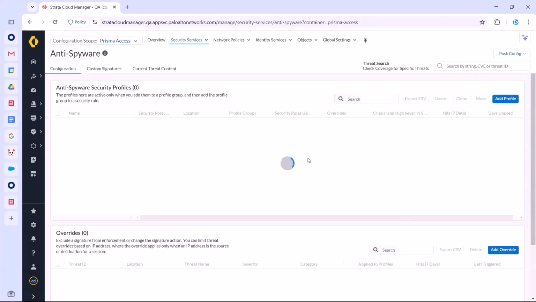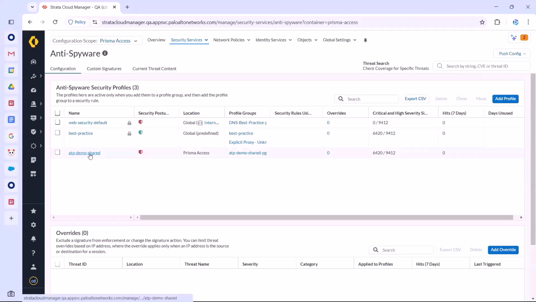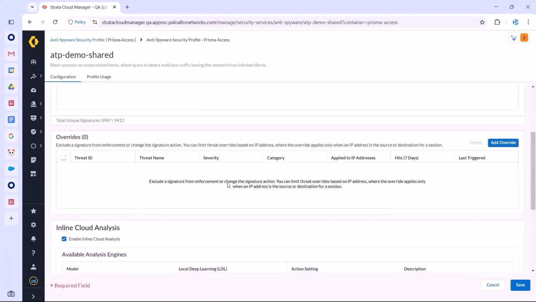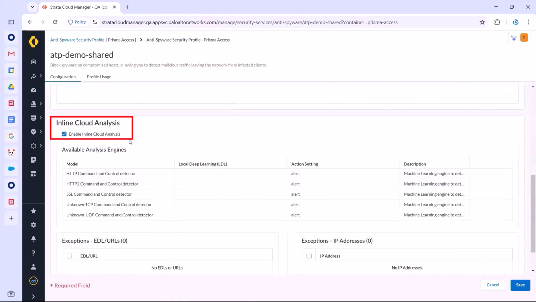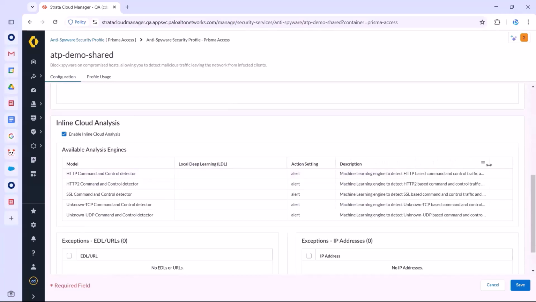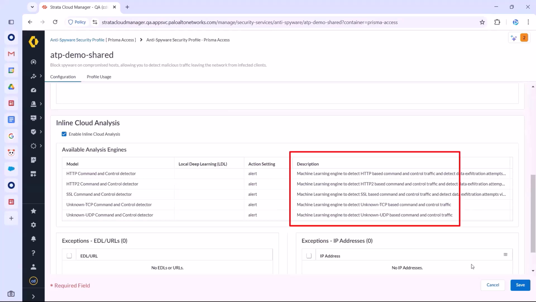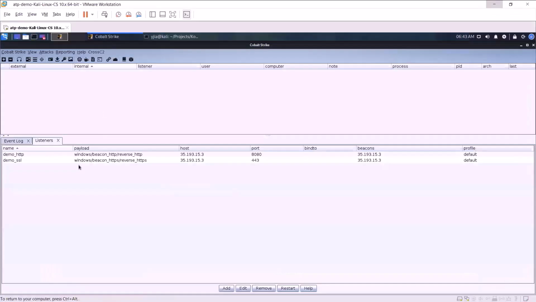The anti-spyware profile has a signature-based rule for critical, high, and medium severity as alert, and also has inline cloud analysis enabled for utilizing 5 machine learning models to detect suspicious traffic on 5 protocols: HTTP, HTTP2, SSL, and unknown protocols over TCP and UDP.